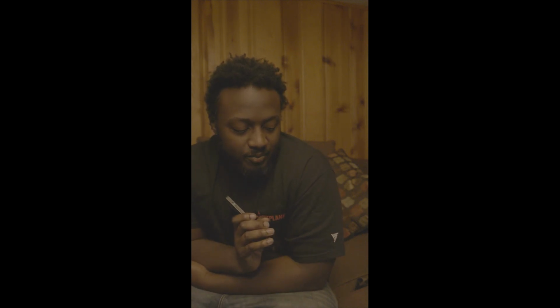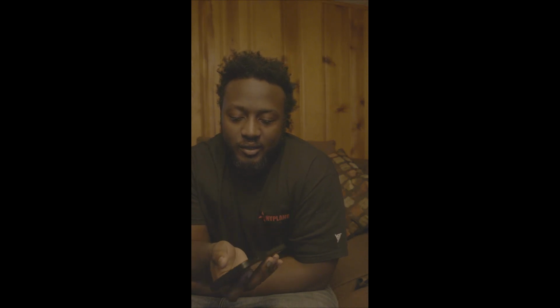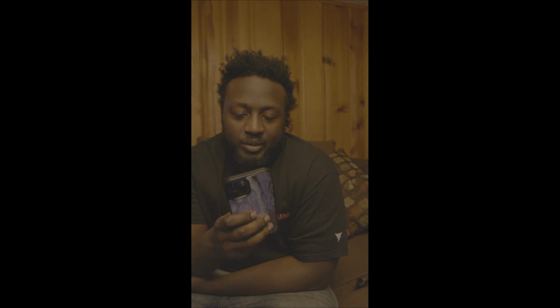So let's talk about quality. When you're shooting with your iPhone, I'm gonna break this down. If you have an iPhone, I'm about to look it up right now. I'm pretty sure